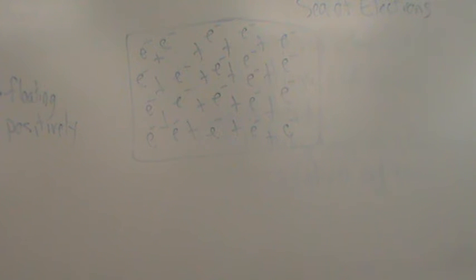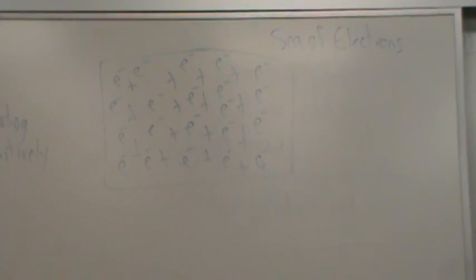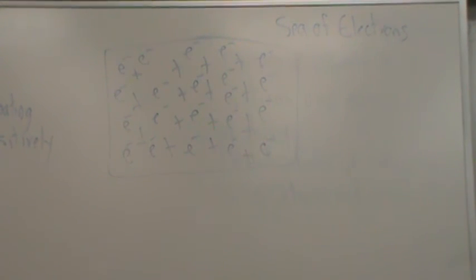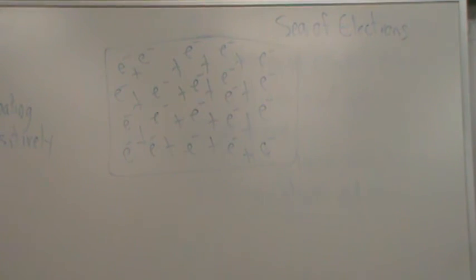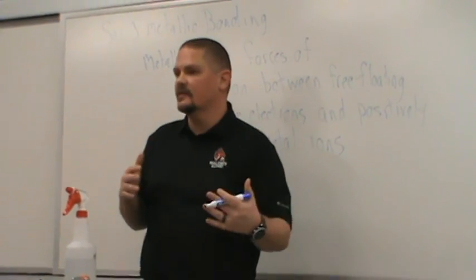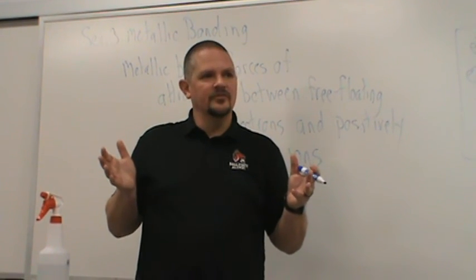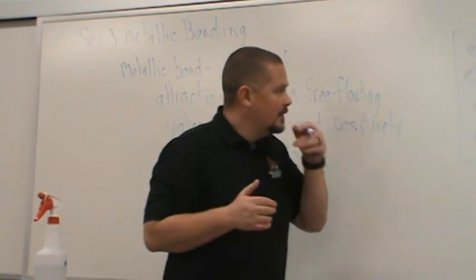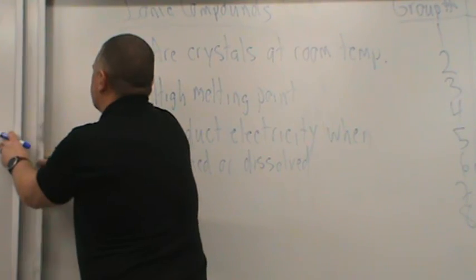Anyone ever been swimming in the sea before, the ocean? Okay, so swimming in the ocean, floating around, all of a sudden a wave comes in. What happens to you when that wave comes in? If it's not really high tide, you just bob up and down, right? Nothing much happens. This sea of electrons acts as a buffer or a barrier against forces, and it gives the metals properties that we don't see in anything else. Because if we put pressure onto a metal, does it usually break real quickly? No, okay. So this sea of electrons, the two properties that we see with metals that we don't see with anything else